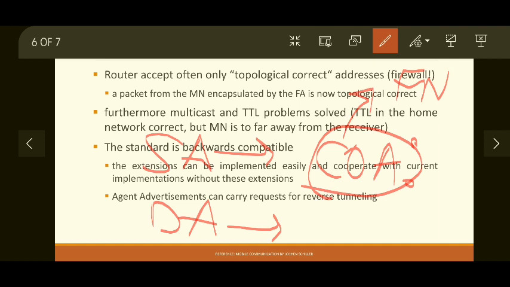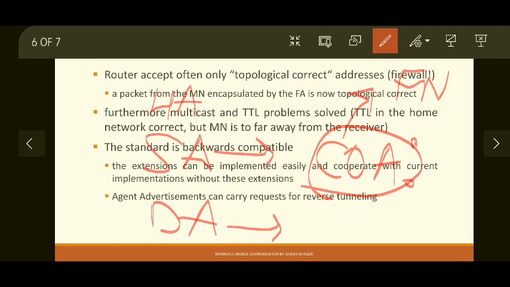Furthermore, multicasting and TTL problems are also solved. How are these solved? Because of reverse tunneling, COA will be used as a source address, so multicast packets can also be sent by the MN, because once the home agent decapsulates the packets it receives, it understands that this packet is initiated by a node which is correctly part of a multicast group, and it will be able to deliver packets to the destination.